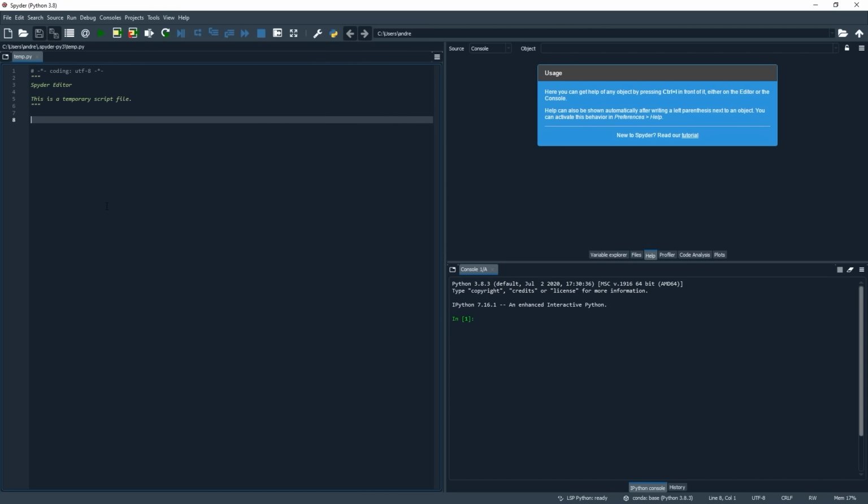The ones that we want are the editor here on the left, which is where we will write our code and which shows us the Python file or files that we currently have open. When we open up Spyder for the first time, it gives us a temp.py file like we see here. Otherwise, it should just open up the files that we had open last time we used it. And it's worth noting that Python files do have this extension .py. Since Spyder has been built specifically for coding in Python, it will automatically save files with this extension.